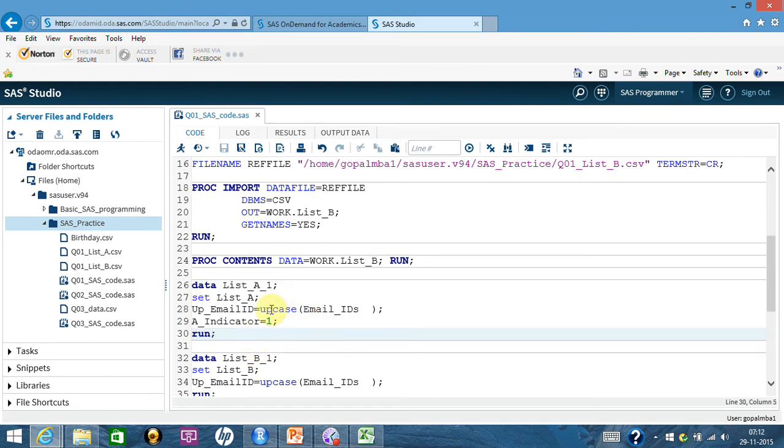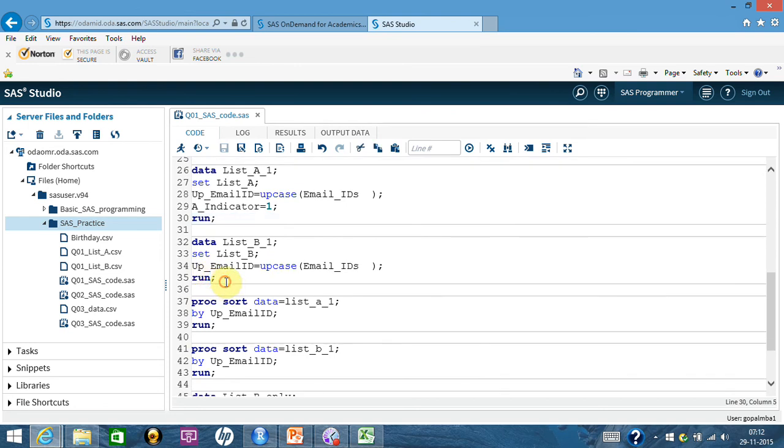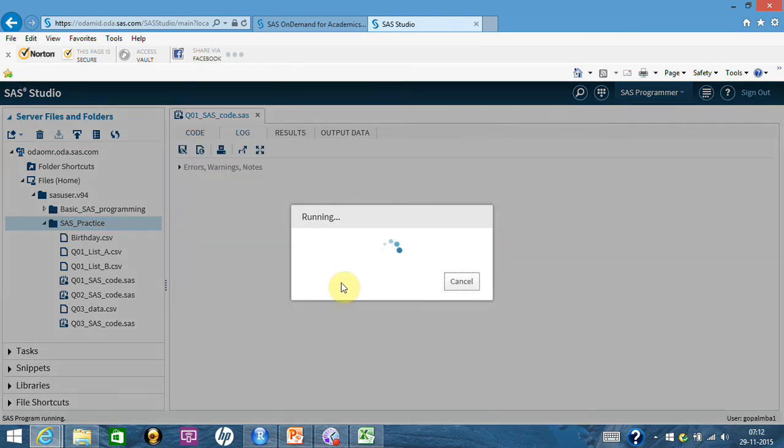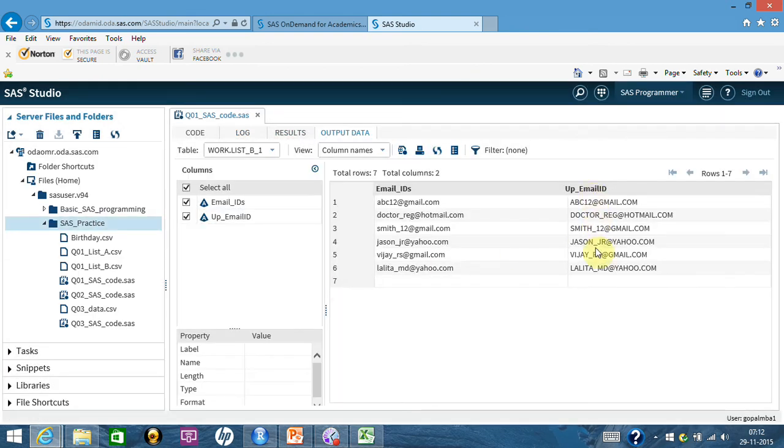I have used the upcase command here. Similarly, I'll use the upcase command in list B, table B, and create that list. So you have the uppercase email IDs.